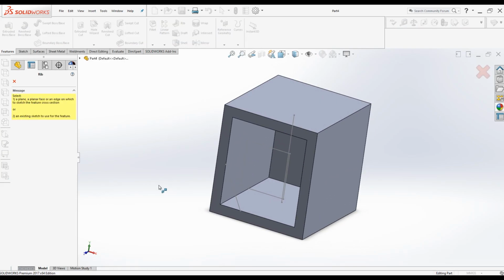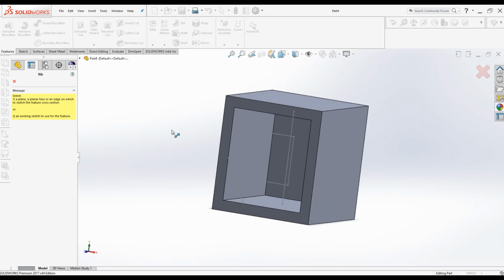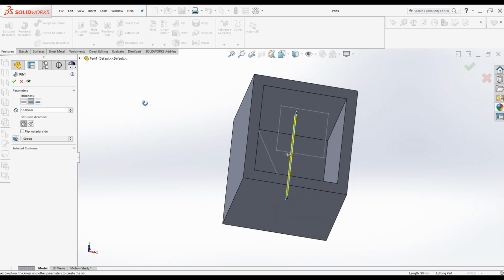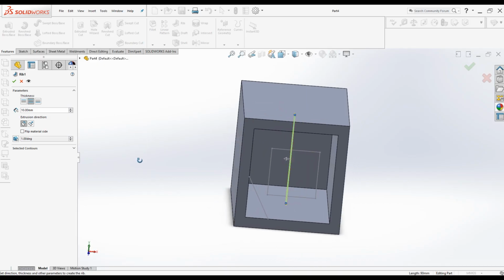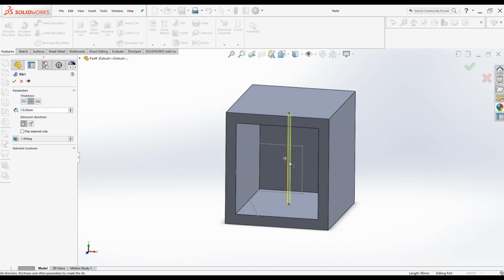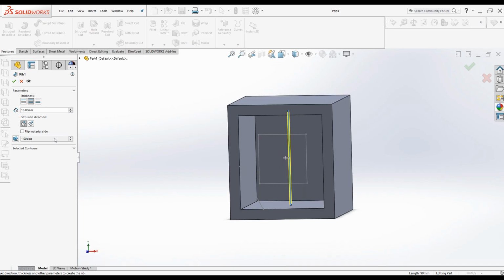Go to the rib command. It is asking us to select a plane to create this sketch or select an existing sketch. Since we have got 3 sketches, first I'm going to select this sketch. Now with the default option, the rib is going to be created in these directions parallel to the sketch. We can flip the material side if we want,